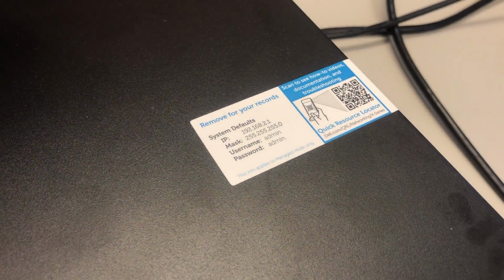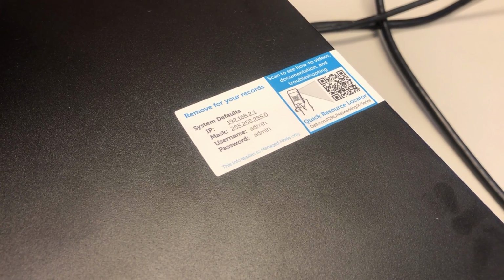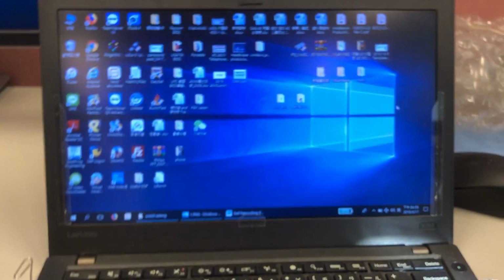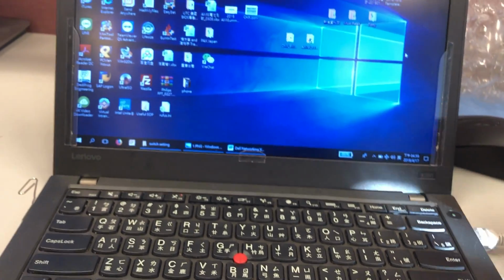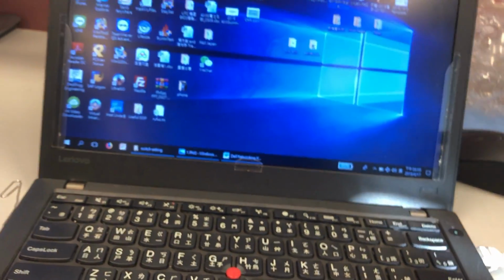And then, please take a look at the note on the DELL switch. The default IP address is 192.168.2.1. So if we want to do some setting, we need to set our laptop in the same network domain as the DELL switch. At first, we get into the control panel,